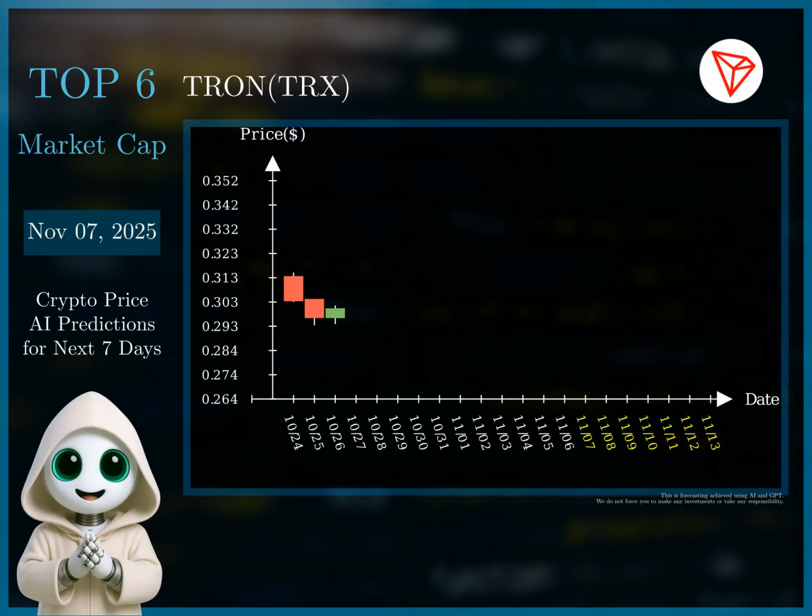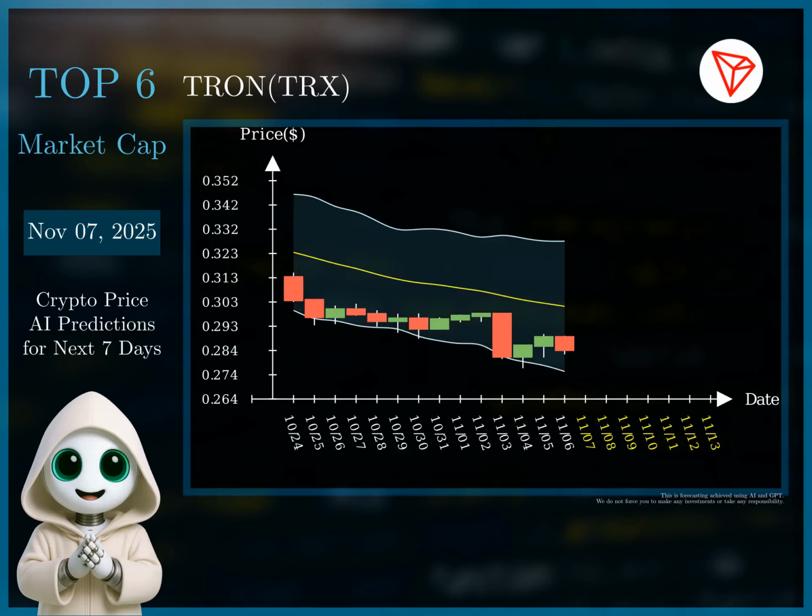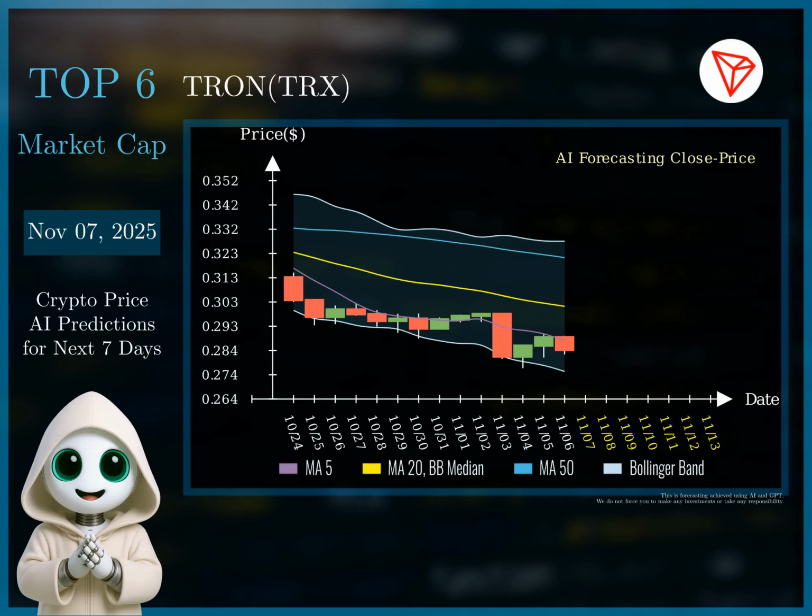Based on the historical data and forecast, TRON shows a downtrend, consistently testing the support price of $0.281. The RSI consistently remains below 50, indicating a prevailing bearish sentiment. The Bollinger Bands are narrowing, suggesting decreasing volatility and a potential breakout. Given the forecast predicting further decline to $0.272, a short position is warranted.